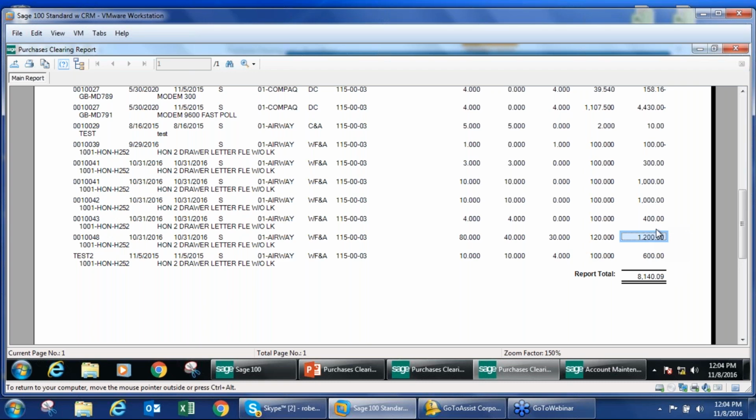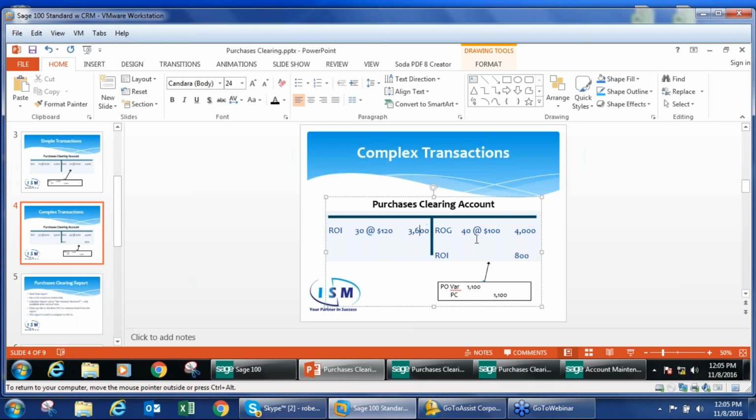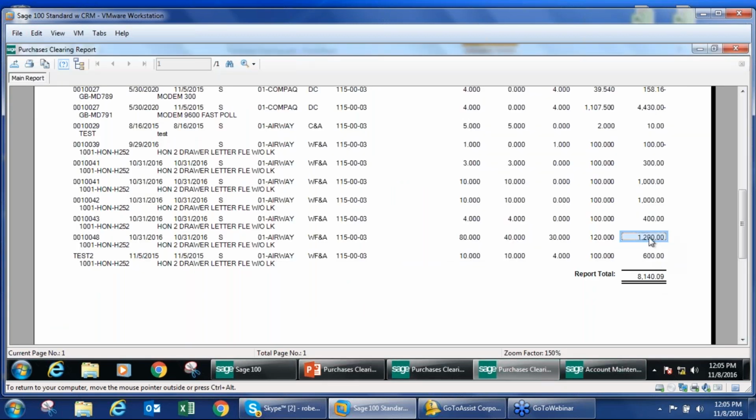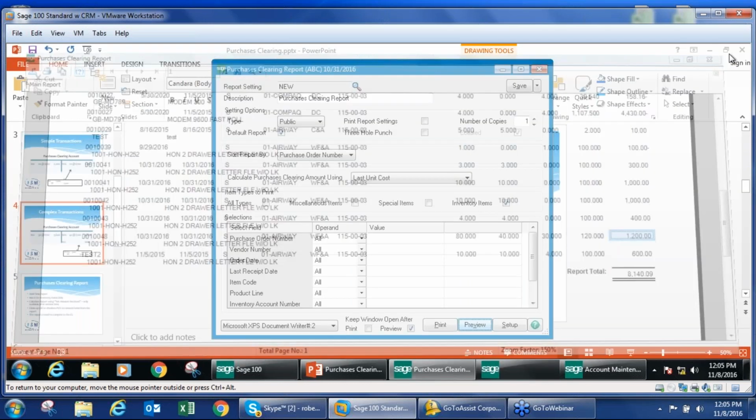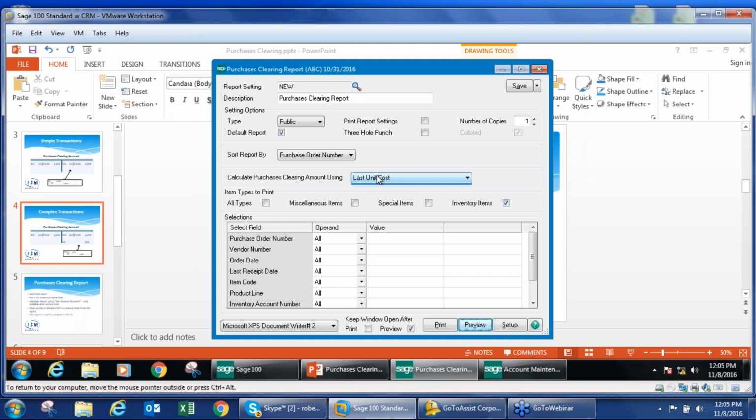And for those of you not in 2016 and running into this situation where you have multiple receivers and multiple invoices on a single line for a PO, we really did not have a simple solution for tying purchases clearing to the GL. However, we now do. If we run this report using this feature here,